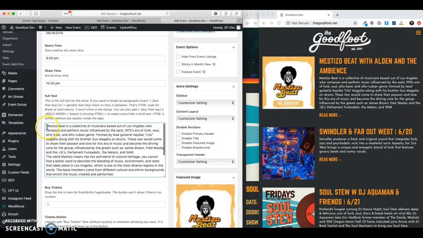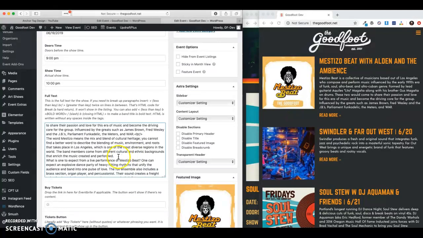And again, just because we can, this is saying make this section bold. And then I'm going to drop a BR in there. That's just going to give us a break.